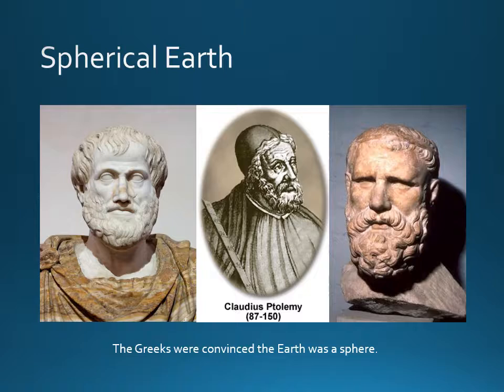By the 6th century BC, the ancient Greeks became skeptical of the flat Earth hypothesis. By the 3rd century BC, they were fully convinced of the spherical Earth and gave it a circumference. Pythagoras was a mathematician, and to him the most perfect figure was a sphere. He reasoned that the gods would create a perfect figure, and therefore the Earth was created to be a sphere